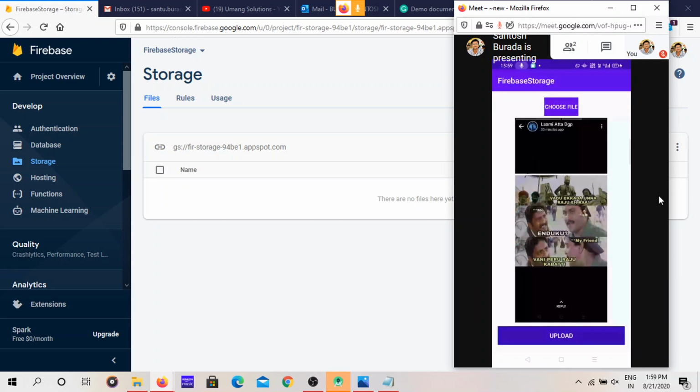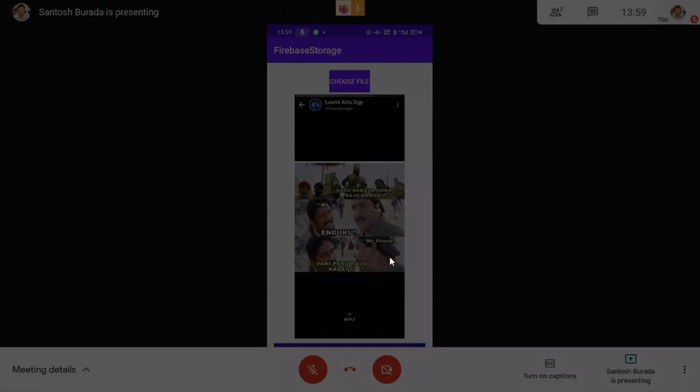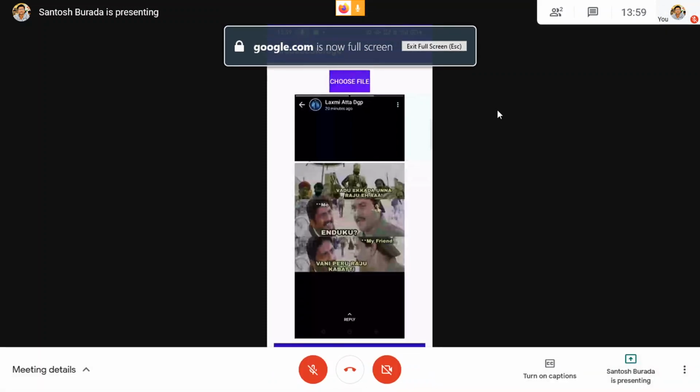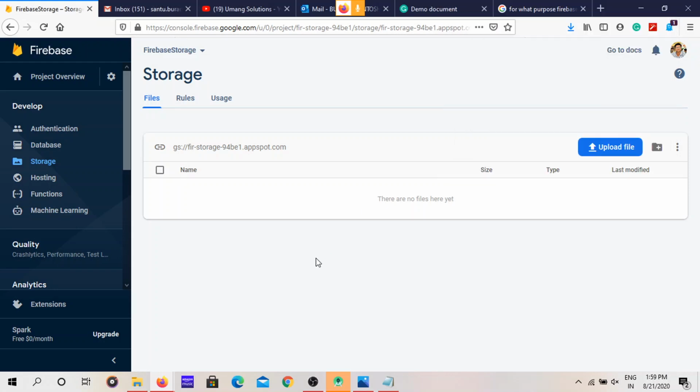Don't panic. Just now we uploaded the photo. Now where is the photo? We didn't get any photo. See, whenever we push data into the real-time database, it will immediately reflect in the database without refreshing. But when coming to the storage service, we have to refresh every time to get the data.